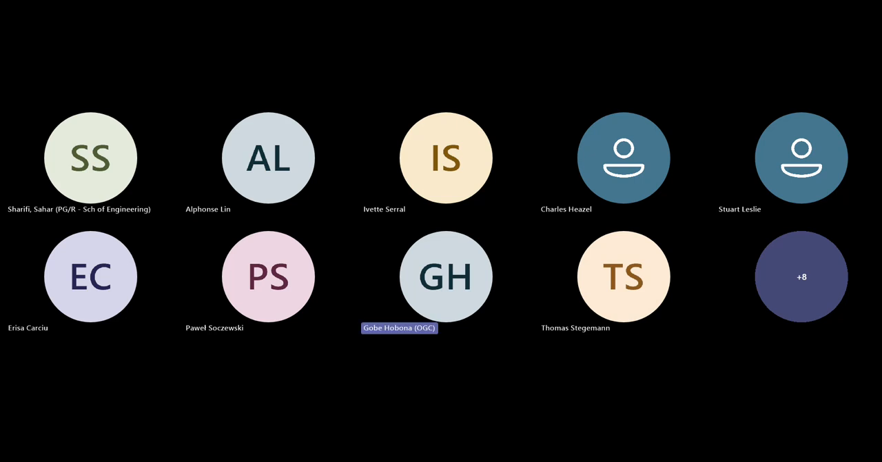For the mesh segmentation, have you started exploring that for Gaussian splats as well? Yes, we have, and again,